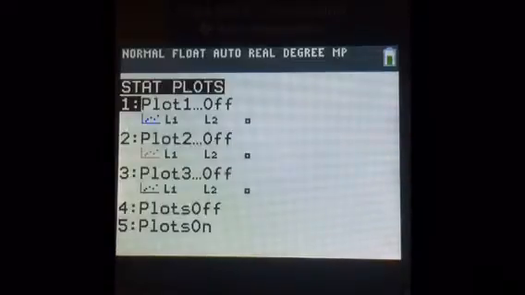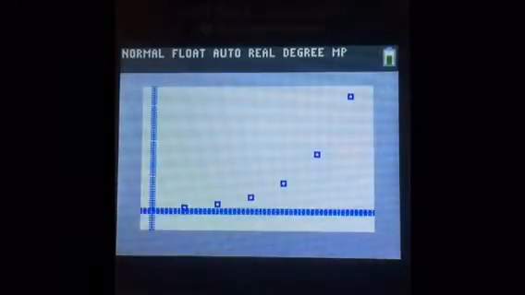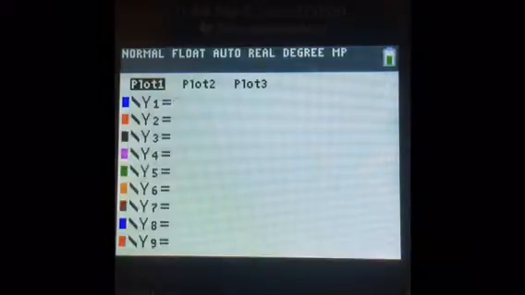y equals, and to find stat plots, we will turn on our stat plot, and we'll go to graph, and we see we have this set up for our data. Now we need to find out what type of line will go with this data. So, we will first try and see if it is linear. So we will do